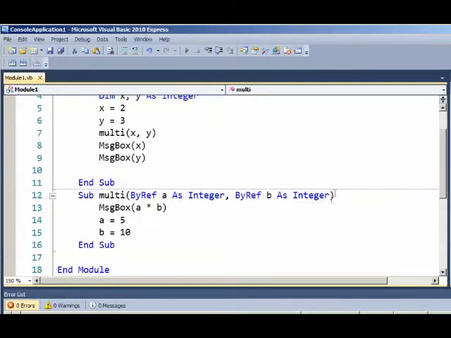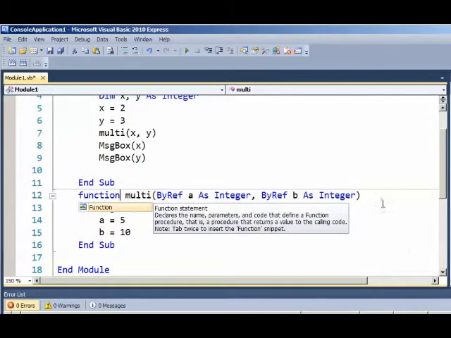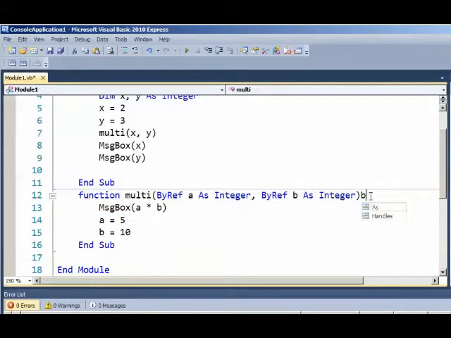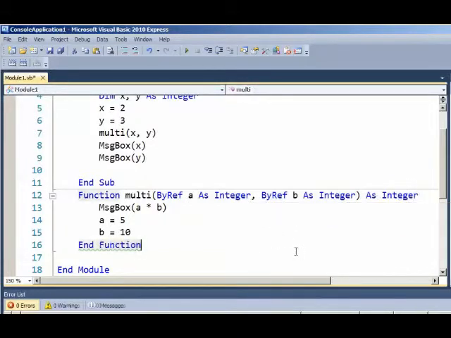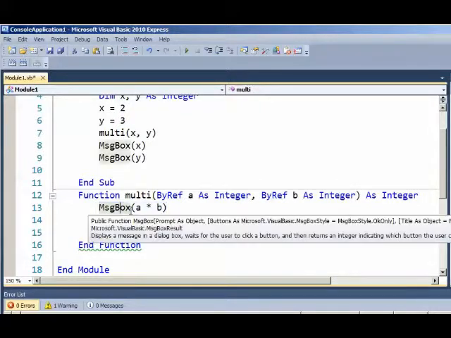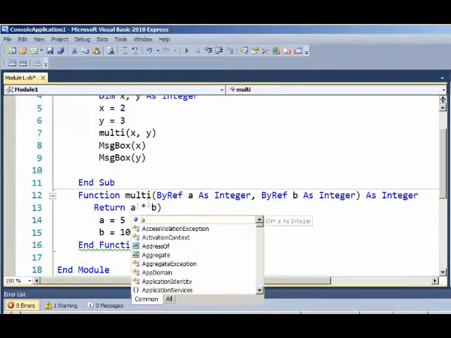This time, let's look at a different routine, and this routine will be called a function. So instead of sub here, I give it function, and the function itself will return a type, so I have to declare that as a data type, and I'm going to give it integer. I'm going to return an integer. Now when I return an integer, I've got an error message here because I haven't returned anything, and what I will return is the product. So I will say return A times B,